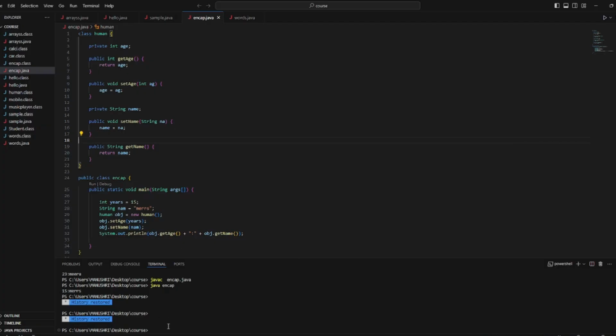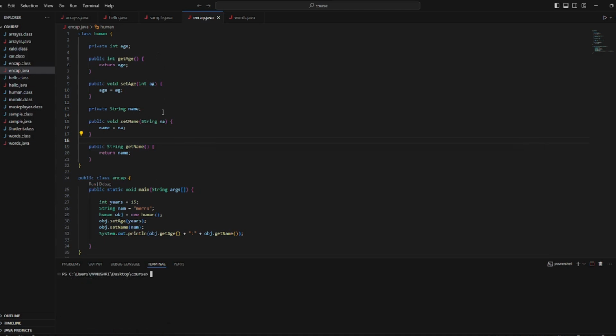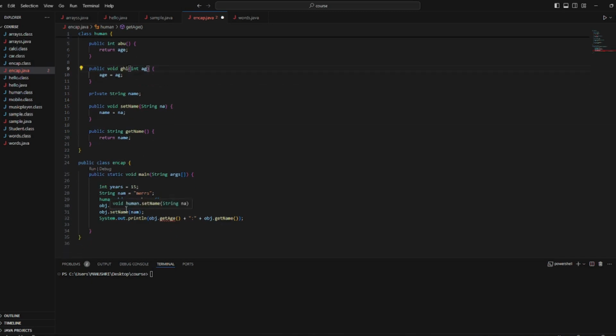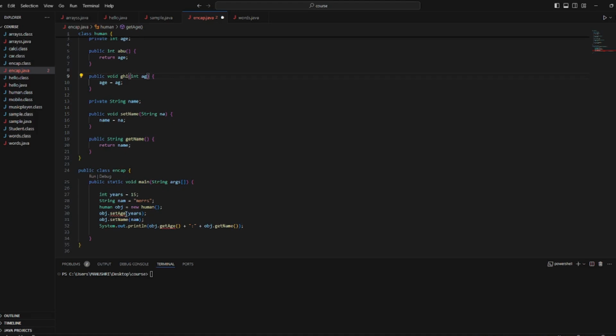Okay, so yesterday we saw getting and setting using encapsulation, right? So here in these methods, it is not a compulsion that we should use getters. We can even use any name, like abu. Also, it's not a compulsion to use setters. You can use anything. But the problem is, you are supposed to change its name. Okay?